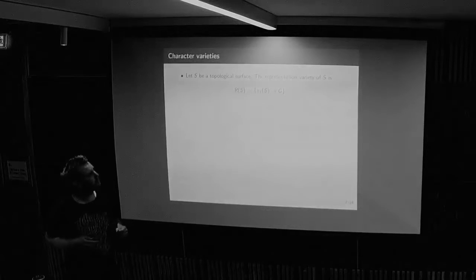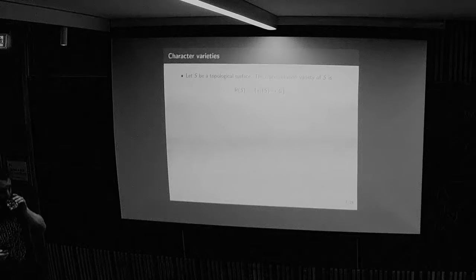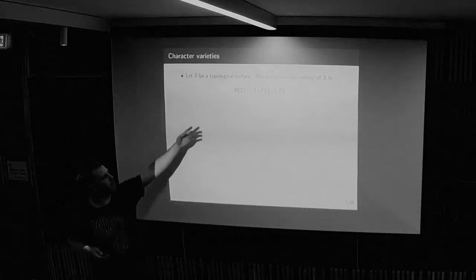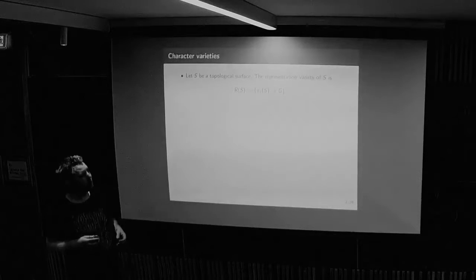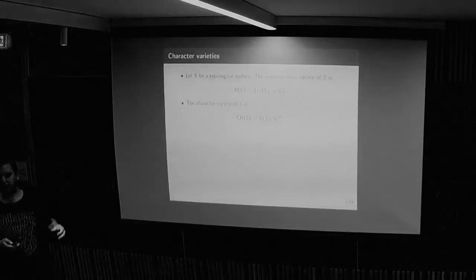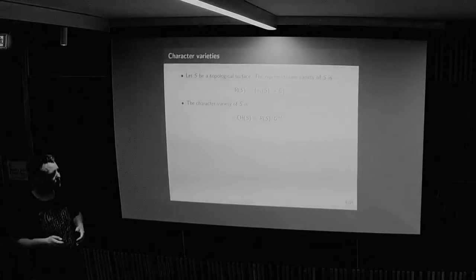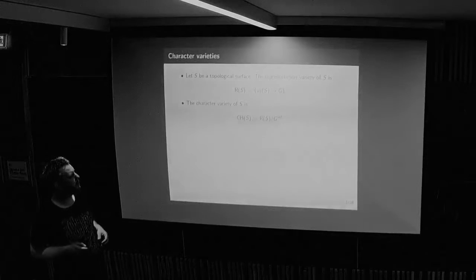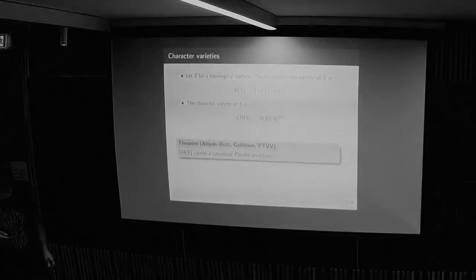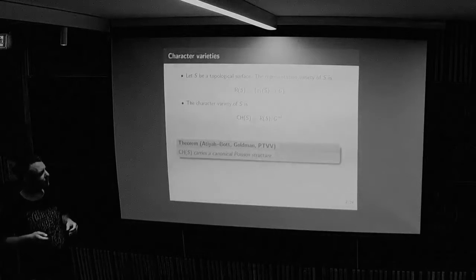So let S be any topological surface. What I want to call the representation variety of S is just the space of all representations of the fundamental group into G. And the character variety is a quotient of that by the adjoint action of G. Now I should really say the character stack, because this will be an important point that I'm actually thinking about stacks. So a very important theorem which has been proved by Atiyah-Bott and Goldman for the underlying variety, and there is a more recent and much more technical version by Fontaine-Nicolas, says that